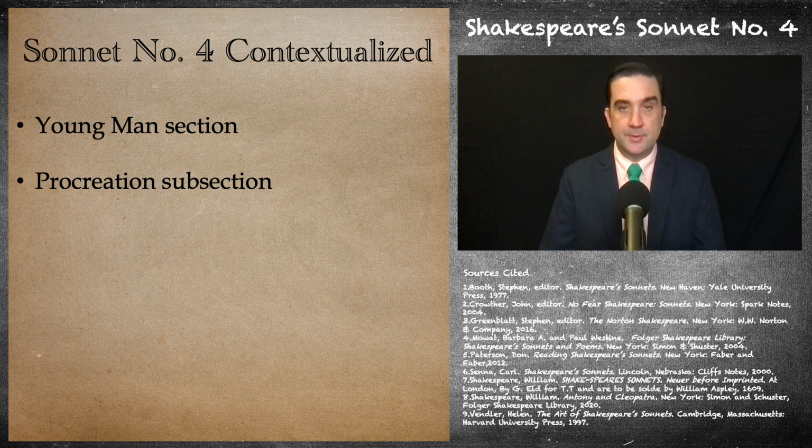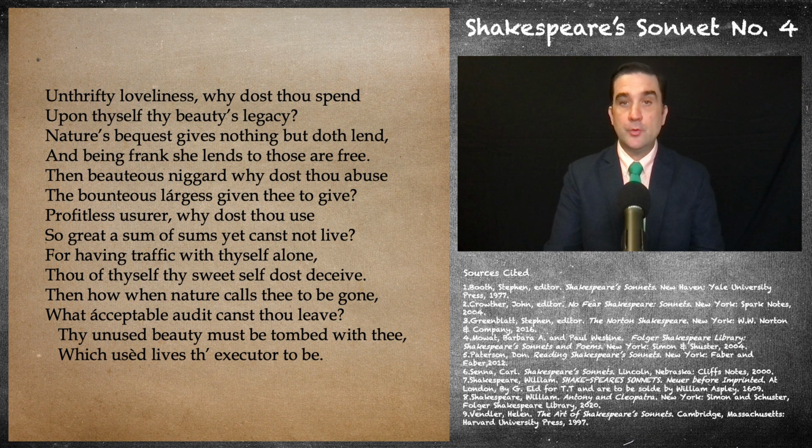Let's take a look at the couplet ties. If you don't know what a couplet tie is, please see our video lesson, Introduction to Shakespeare Sonnets. If you do know what a couplet tie is, here we go. The first couplet tie is the word beauty and its variants. The word beauties appears in line 2, beauteous appears in line 5, and the word beauty itself appears in the couplet in line 13. The next couplet tie is the word use,